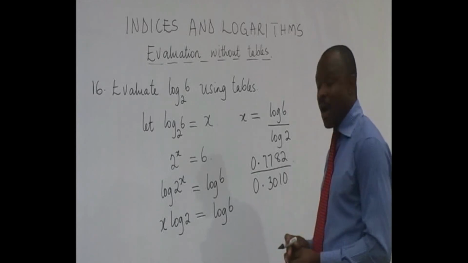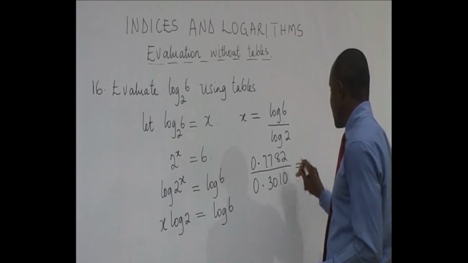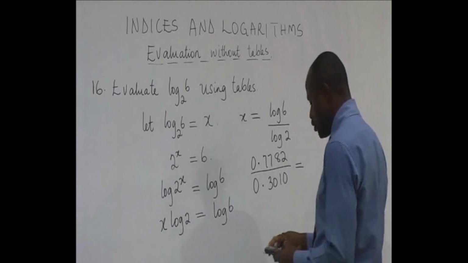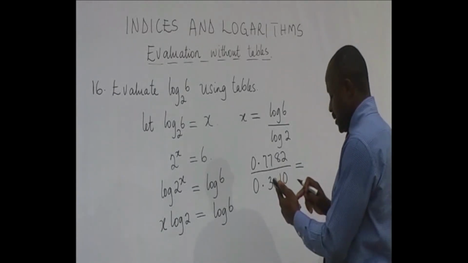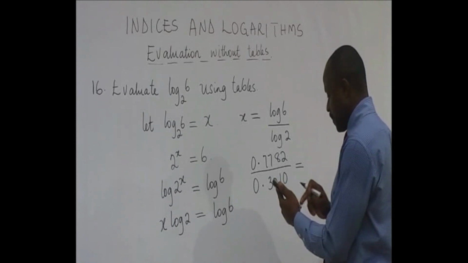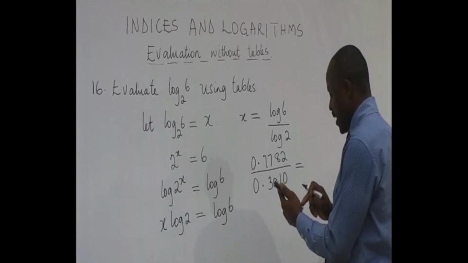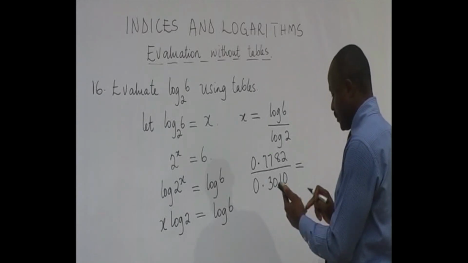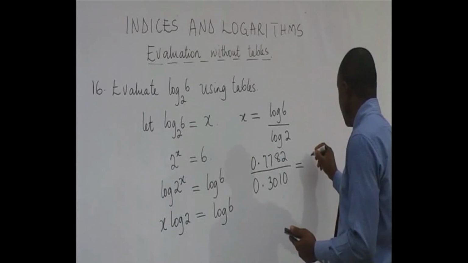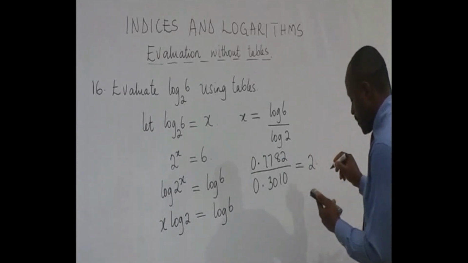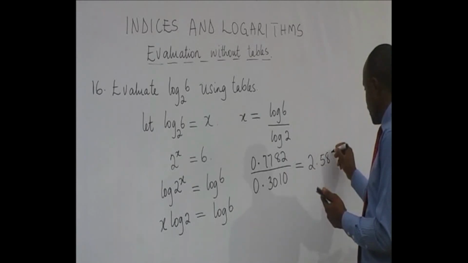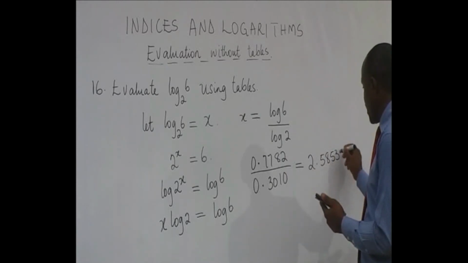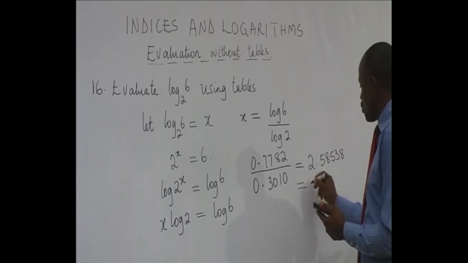Now divide out to get a grand finale. Just use a calculator. 0.7782 divided by 0.3010 is giving me 2.58538. I want to round it to, let's